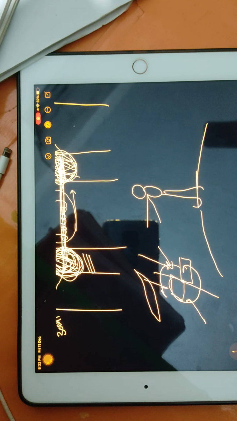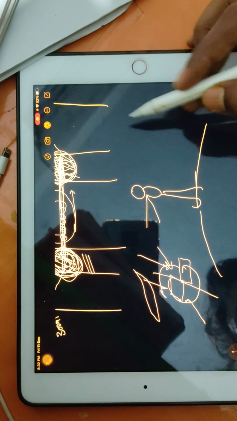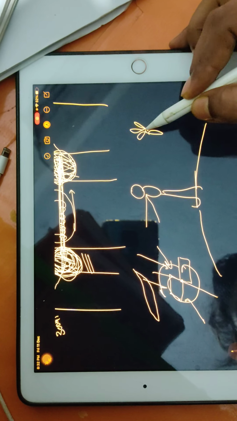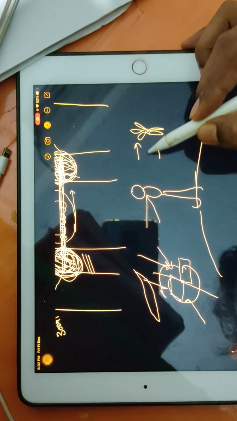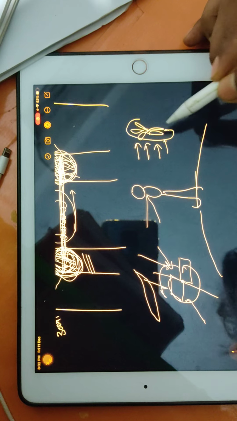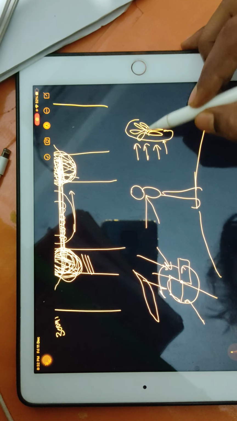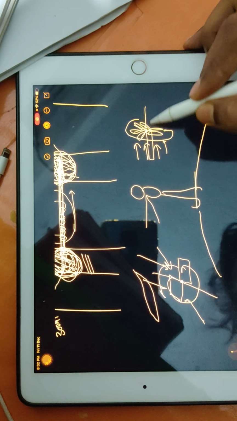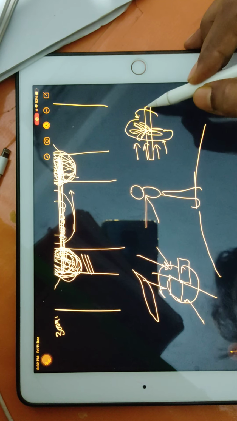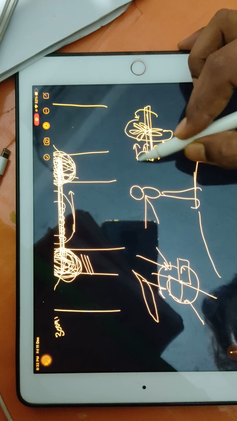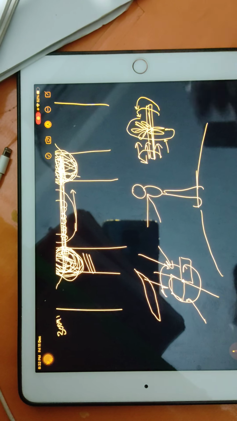This is called a turbine. What does a turbine do? A turbine has a lot of blades. When the air falls on the blades, they will rotate. The blades will rotate together. And once the blades start rotating, I will connect all these blades with the shaft. So the shaft will rotate. And once we get the rotational motion, I can use it to run the compressor, or I can use it for some other purpose also.